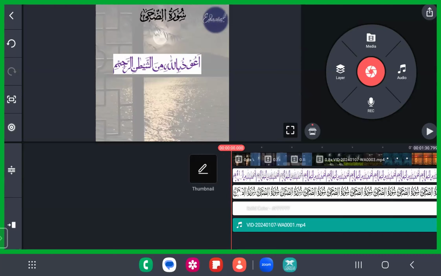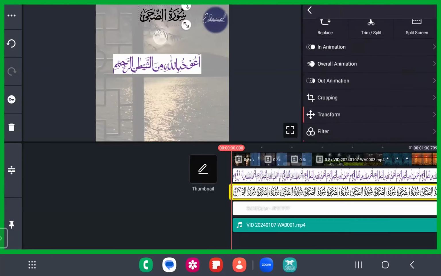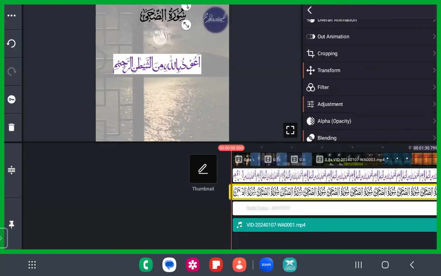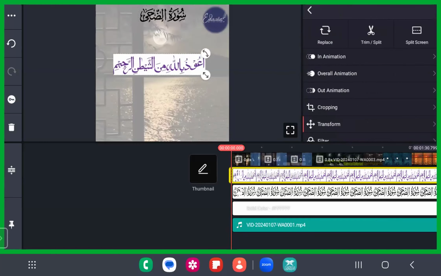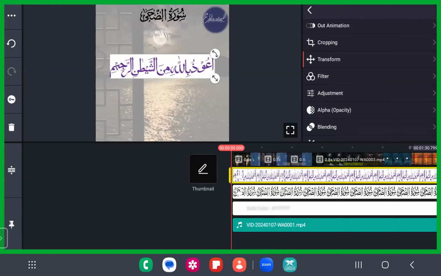Blending options, have you all used them? Have you all put something called linear burn in the blending option and tried it out to remove the background screen of the Surat al-Duha that was sent? Okay. I've also sent the font for A'udhu billahi minash shaitanir rajeem. Just put it here and remove the background of this as well.